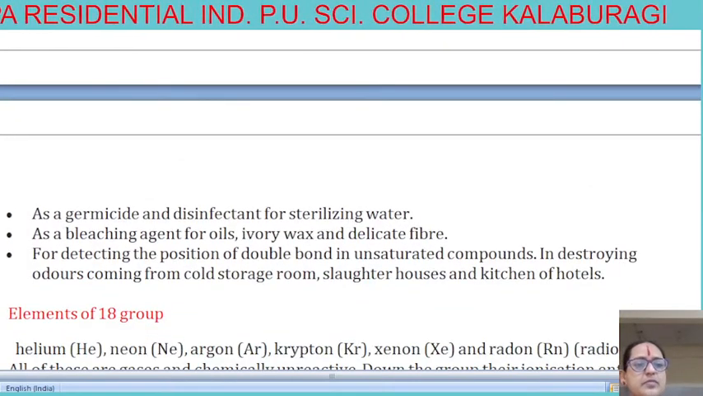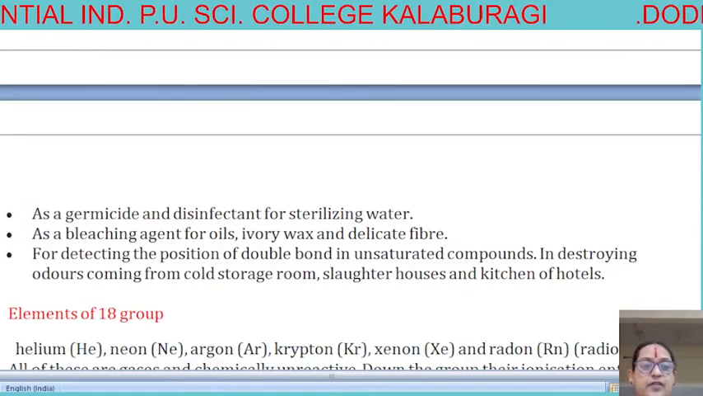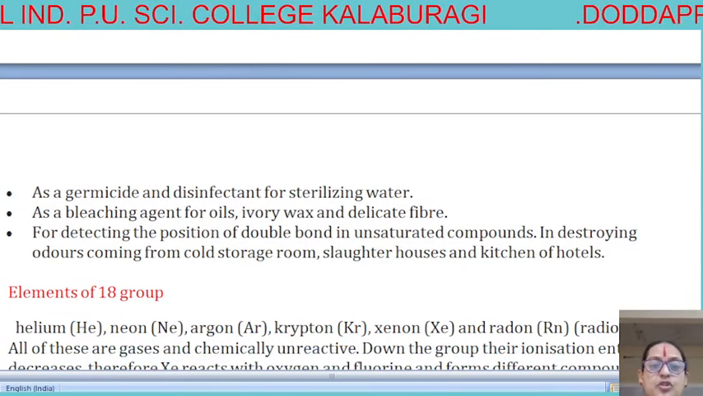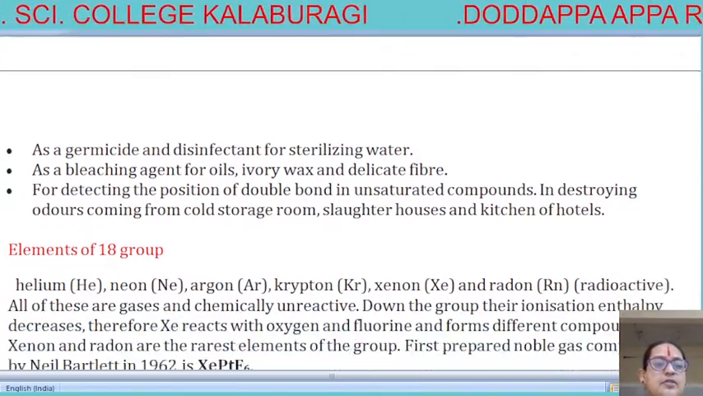It is used as a bleaching agent for oils, ivory, wax and delicate fibers, for detecting the position of double bonds in unsaturated compounds, and in destroying